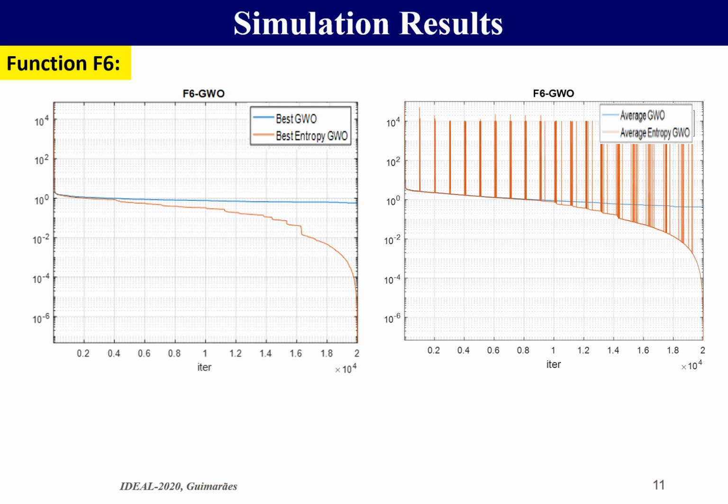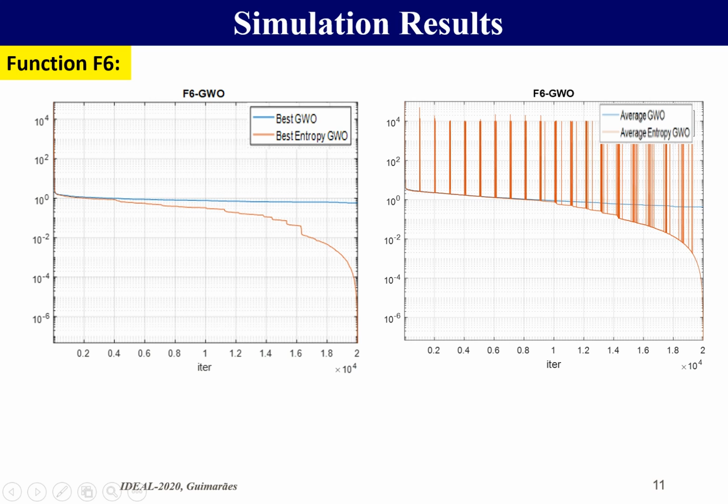So we have here some simulation results obtained with some benchmark functions that Mirjalili used in his original paper. We can see here for the F6 function, whose details you can see in the paper, the performance between the best value achieved by the GWO and the best achieved by the entropy GWO. You can see that the entropy one, at the bottom, is better. This is also due to what happens to the average values. You can see these spikes here. These spikes correspond to the population or swarm reinitializations.